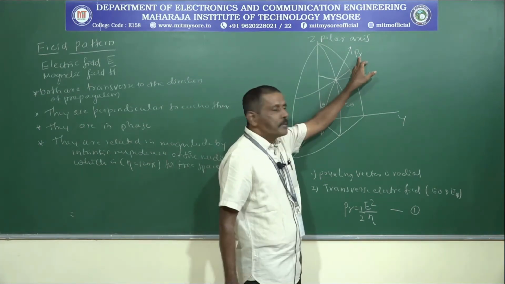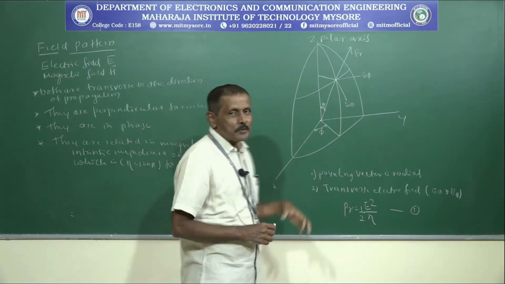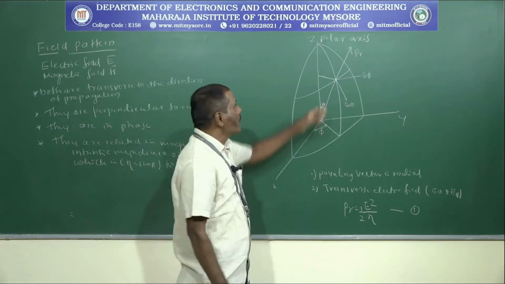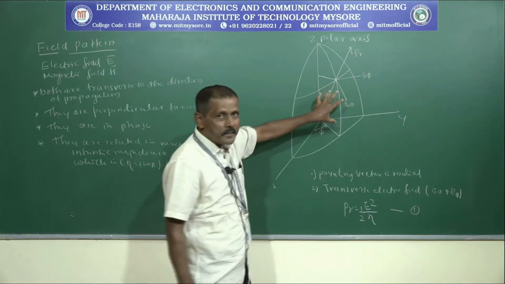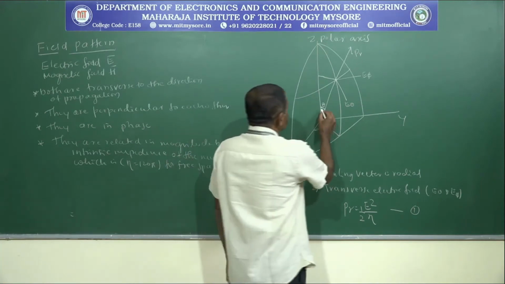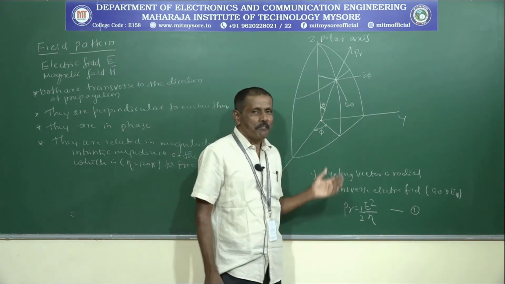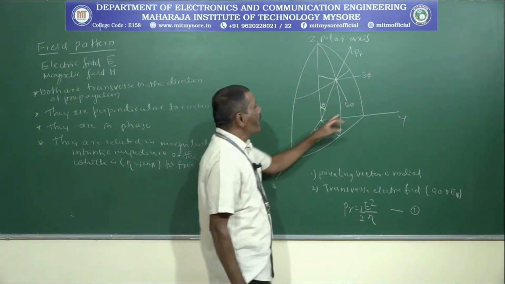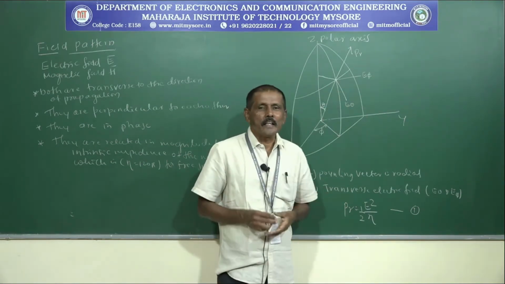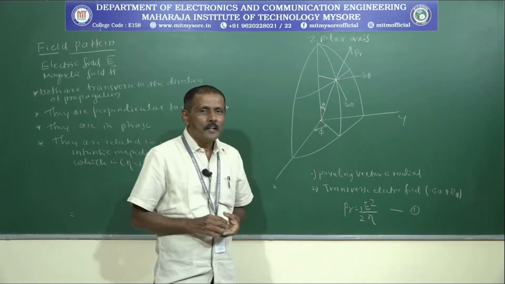PR is the power radiated by this particular antenna, and the various components, that is the electrical field component and the power radiated, are shown here. The magnetic field component is not shown. This is the angle theta in the vertical direction, and this is the angle phi in the horizontal direction. E theta is the electrical field component in the vertical direction, E phi is the electrical field component in the horizontal direction, and PR is the radiated power.